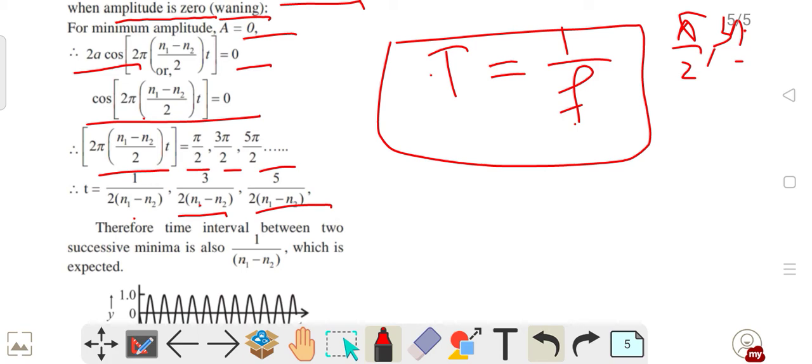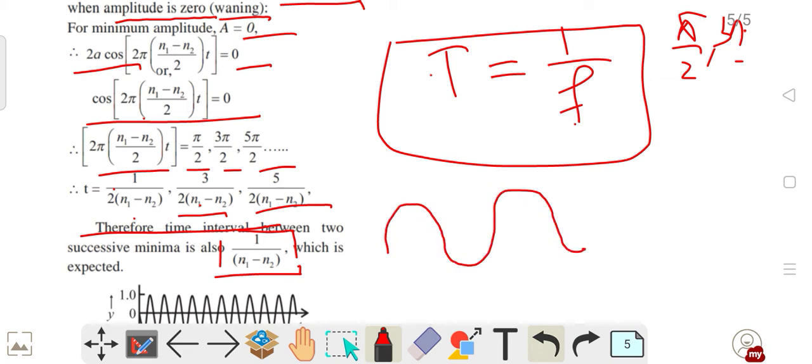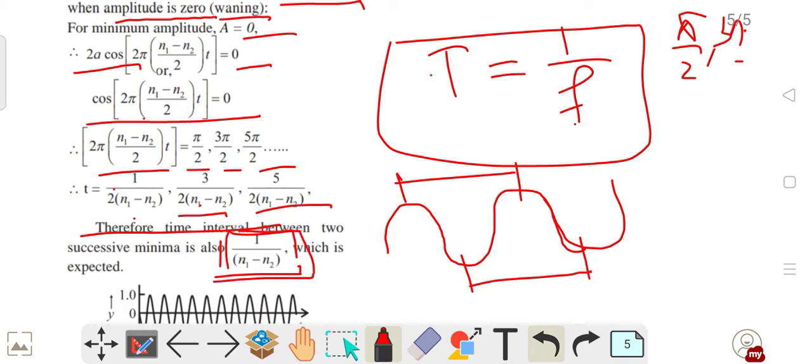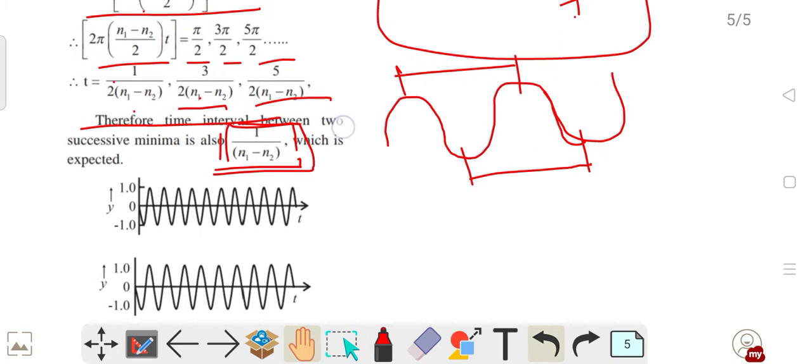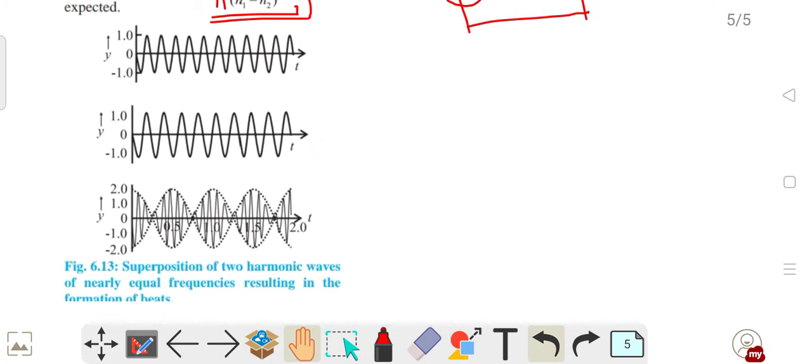Even if you try to find out the interval between two minima, this interval will again come out to be 1 upon n1 minus n2, which is obvious. Whatever the interval between two maxima is, it is the same between two minima also. So that is why the time period came out the same, 1 upon n1 minus n2. Now this is actually the representation of